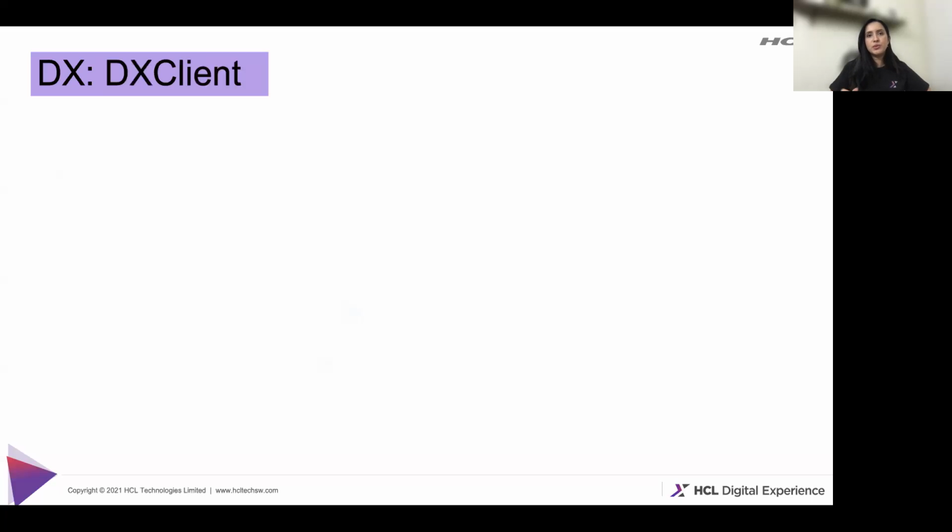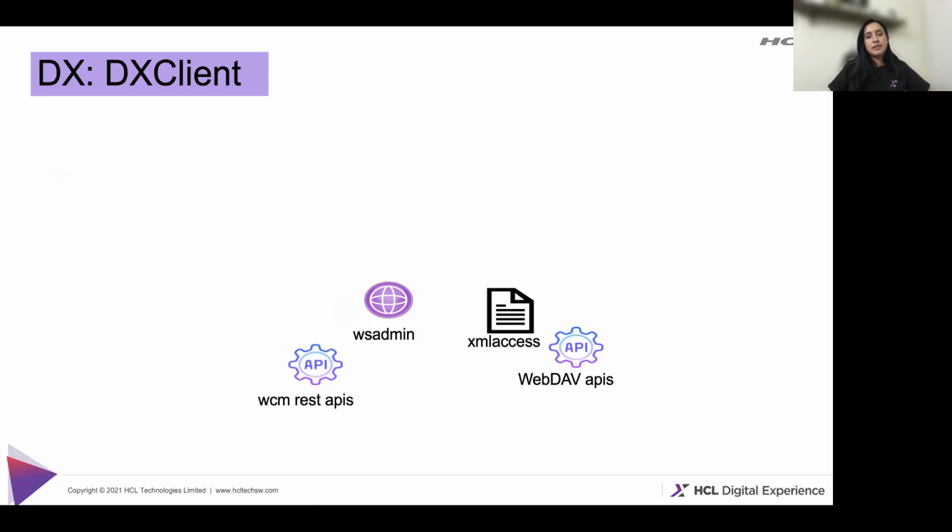Most of you who are already DX users will be familiar with certain tools in DX, like XML Access, which is used to manage pages and portlets; the WAS admin tool, heavily used for deploying EARs; WebDAV APIs for the themes; the REST APIs; and the script application command line tools, used to push and pull script applications and portlets. There are more.